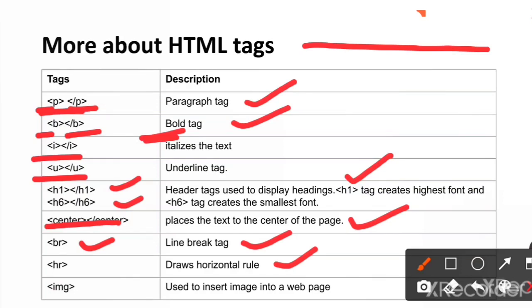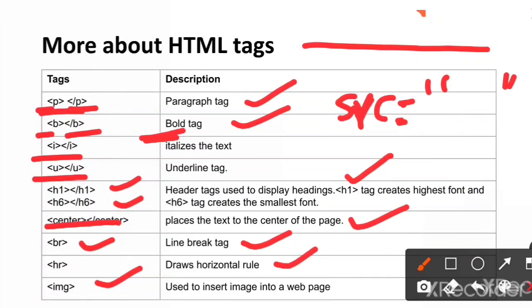And then if you want to place an image into your HTML document, you can use this IMG tag. The IMG tag has an attribute called SRC. SRC represents the source. Here you have to specify the path of the image as the source information.